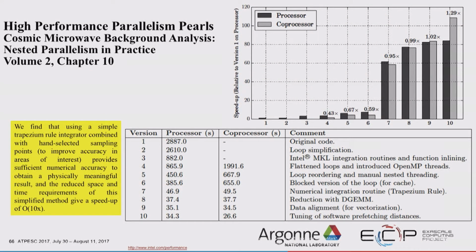Well, these guys, this is the documentation they have here for what they did at each step of the way. But if you look at step 7, they changed their numerical integration routine. They realized that the routine they were using in MKL was doing a very nice integrator triangulation. They didn't need it to be that precise. They didn't need it to be as nice and as well conditioned as MKL was doing. MKL was doing it as fast as possible, but they were asking it to do more work than they needed.